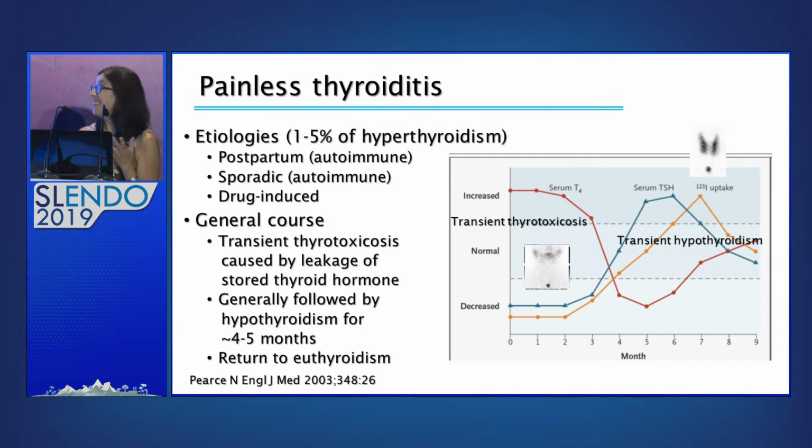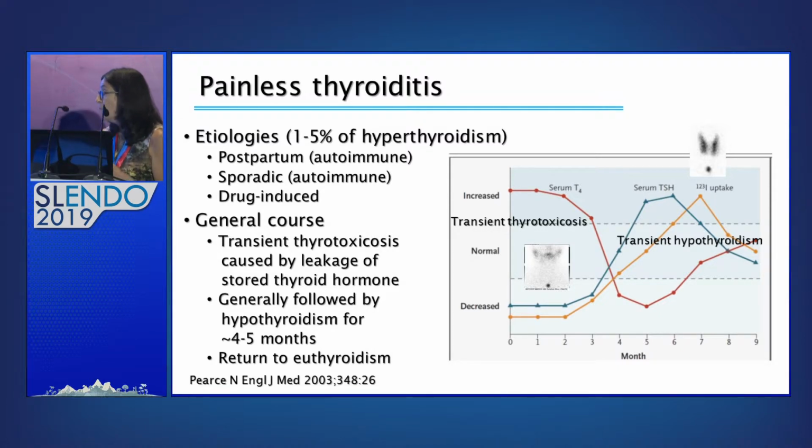has no pain, painless thyroiditis, which, as you saw in Navoda's talk, is not the most common etiology of thyrotoxicosis. It's about 1 to 5%. And generally, we talk about this occurring either postpartum or sporadic. Both of these are autoimmune, and we will talk about drug-induced because it's important. So what happens? There's this transient thyrotoxicosis caused by the leakage of stored thyroid hormone, and so you become transiently thyrotoxic, but then there's nothing left to leak out, so you are then hypothyroid for several months, and you generally